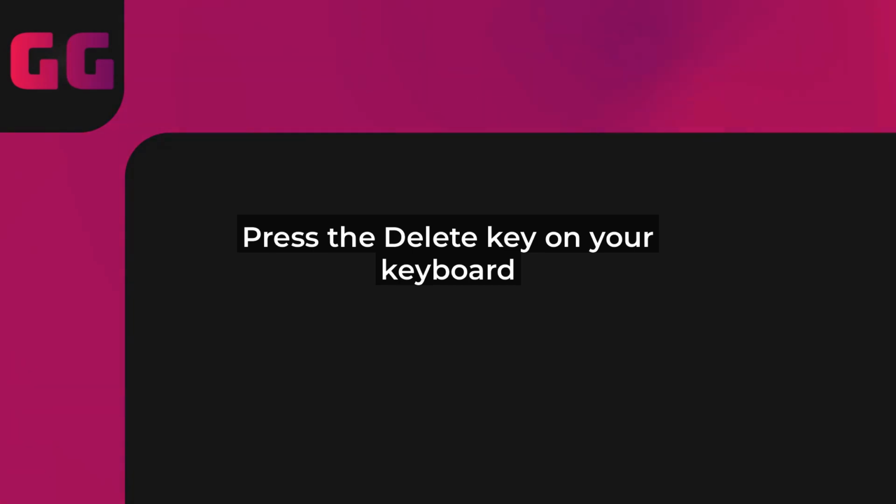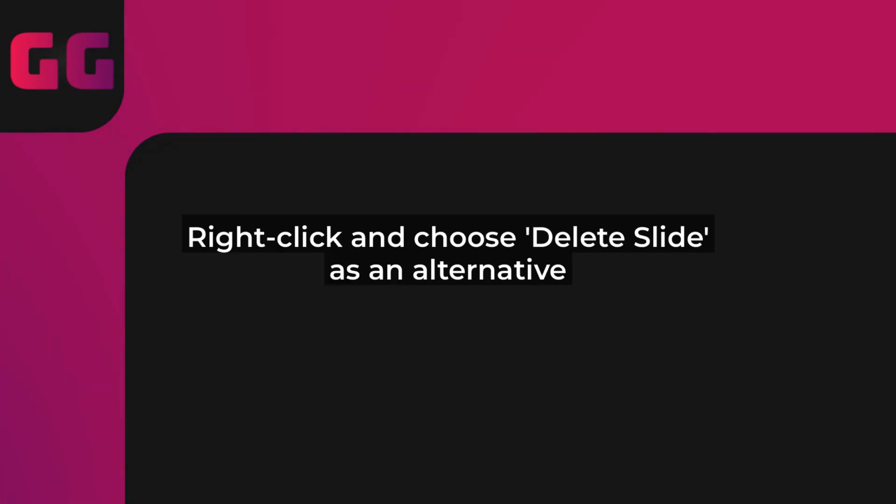If you're not a fan of keyboard shortcuts, right-click on the selected slide in the thumbnail pane. A menu will pop up, and you can choose Delete Slide from the options. PowerPoint might ask you to confirm the deletion, especially if you have multiple slides, so just click Yes or OK to proceed. One thing to watch out for: if the slide has linked content or is part of a custom layout, double-check before deleting to avoid messing up your presentation.